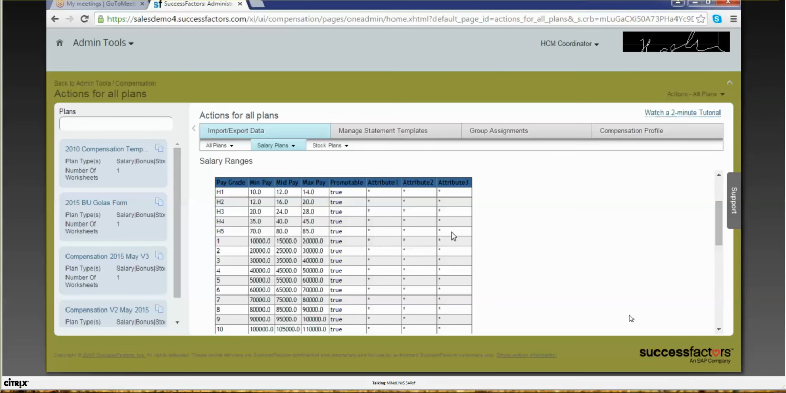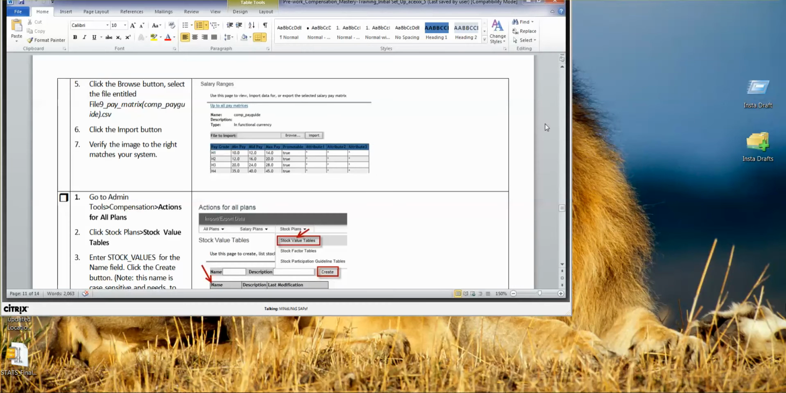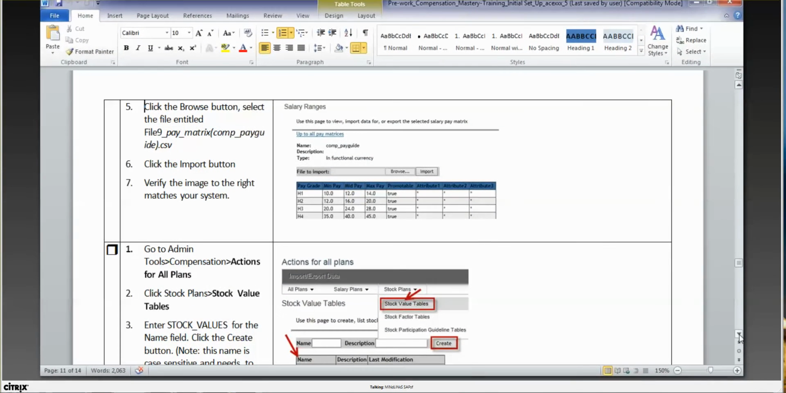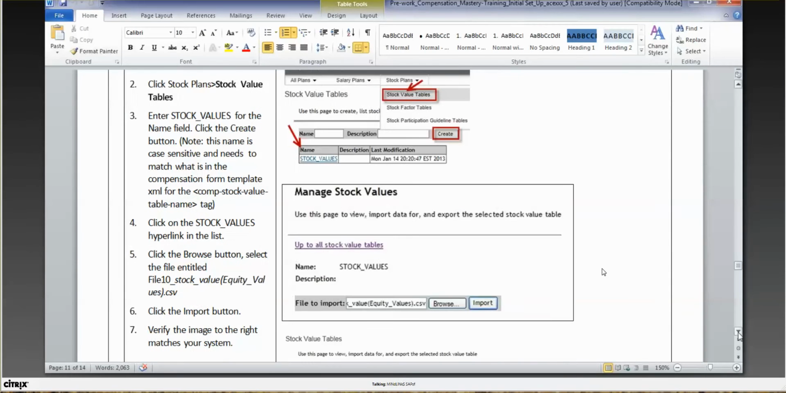Okay, so let's come back to what we were doing yesterday. This was all completed yesterday, to be honest, but I'm just giving you a recap. Now we'll talk about the stock value tables. The stock value tables that you see here are used for your stock amounts or ratings. So if you go inside